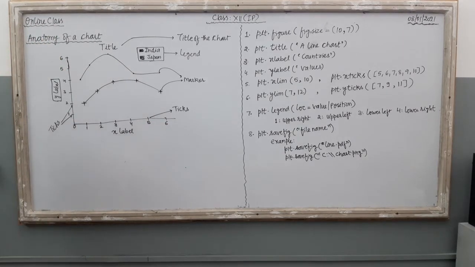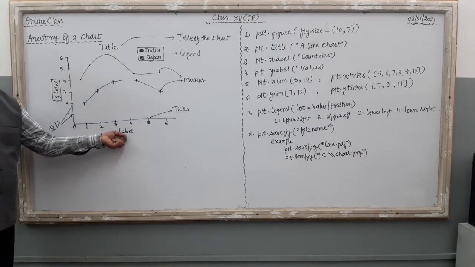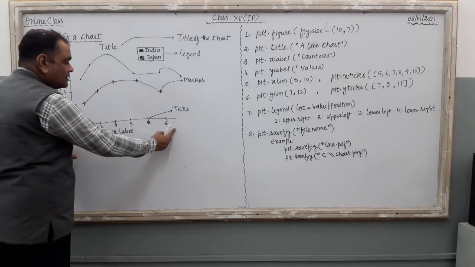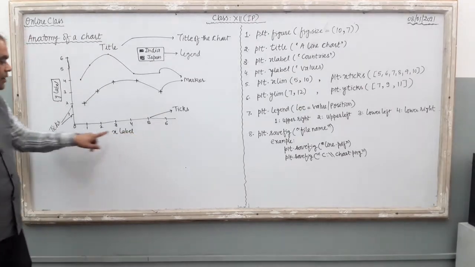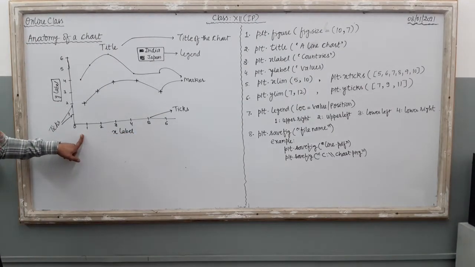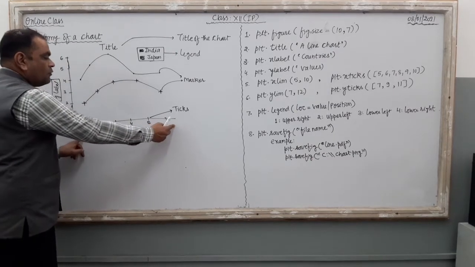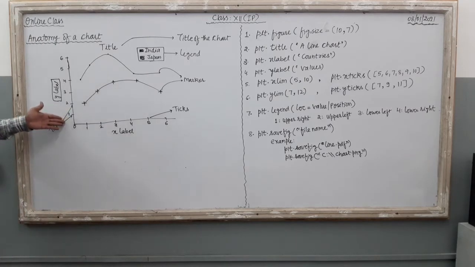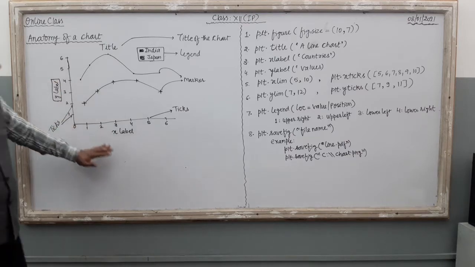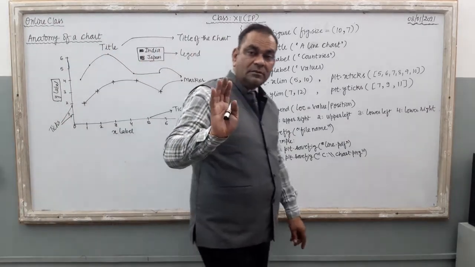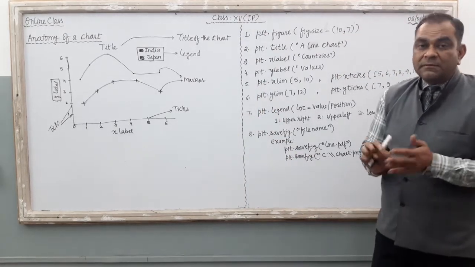Now the next thing, the limit, is also related to the axis. If we talk about the x-axis, the limit is from 0 to 6. You can set the limit according to your style. If you want to start the chart from 2 to 6, then the limit is 2 to 6. The limit of the y-axis is 1 to 6, and you can also set the limit of the y-axis by writing a specific function for that.